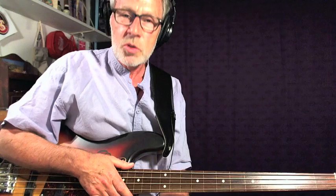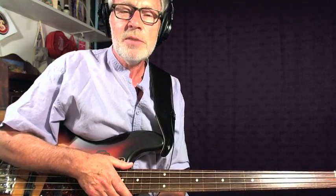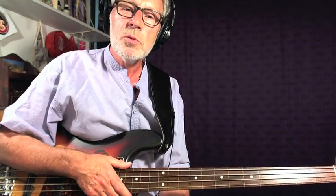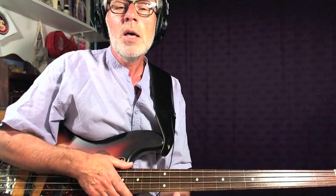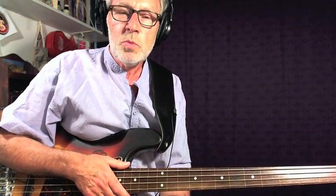The 2 chord, the 2 minor 7 chord in the key of F, which makes it a G minor 7, and a 5 chord in the key of F, which is a C7, and it just resolves then to an F, and the F sits there for 2 bars. So in fact it's a 4-bar sequence: the 2 chord for 1 bar, the 5 chord for 1 bar, and the 1 chord for 2 bars. That'll give you plenty of time to think ahead and see what the next walking bass line is